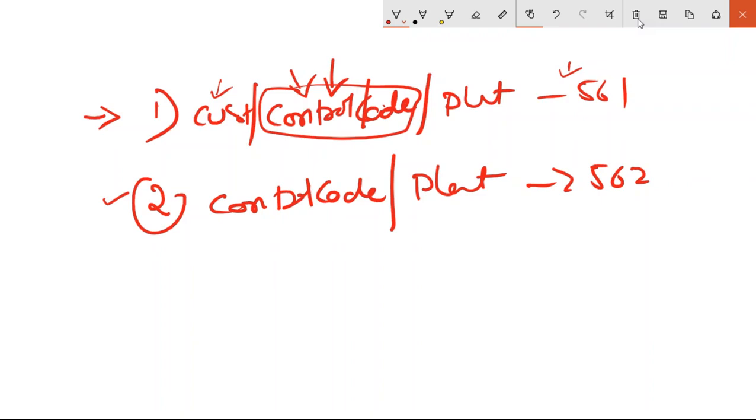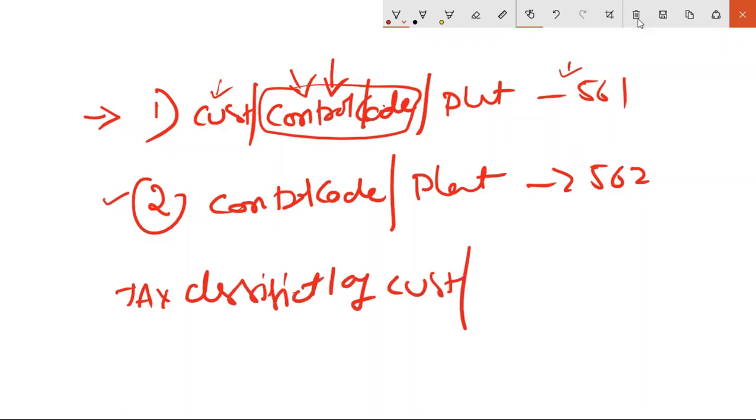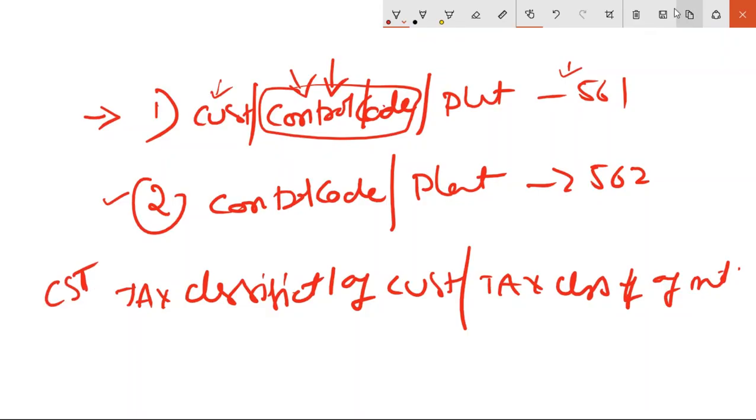One is tax classification 1 of customer, and the next one is tax classification 1 of material. So this is the one combination you will be creating for CST, and for VAT you would be creating